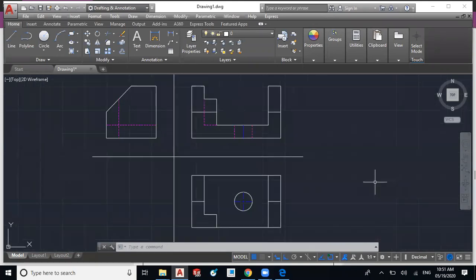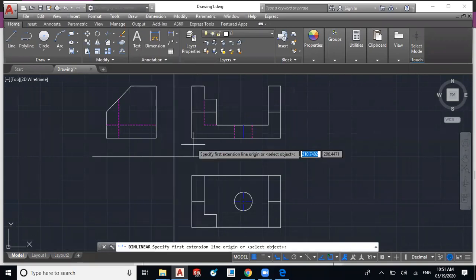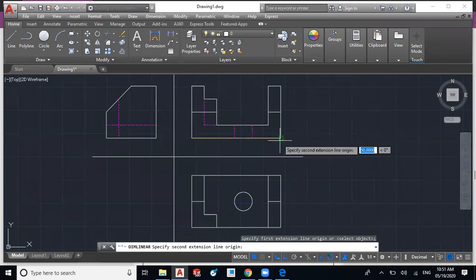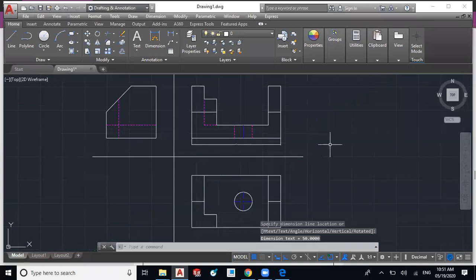Now you have to place the dimensions for it. So those who have not got the dimension part, please be careful for these dimensions. I will select the dimension, I will select the linear. So I'm going to set the dimension for this baseline. I will drag it down up to 5 to 7 mm. It may be according to the drawing. So I have given the dimensions.